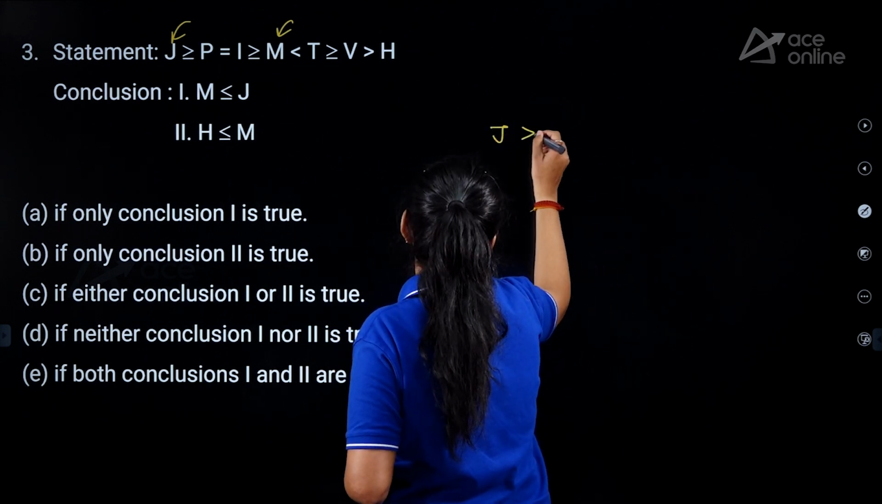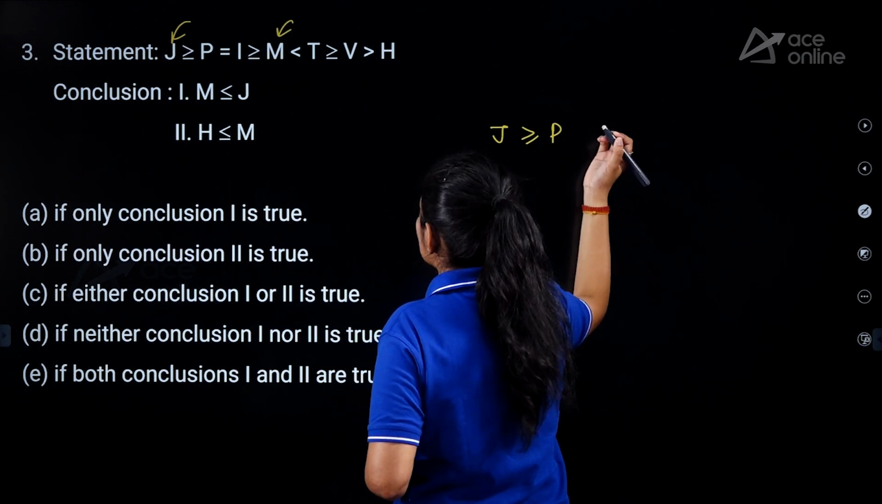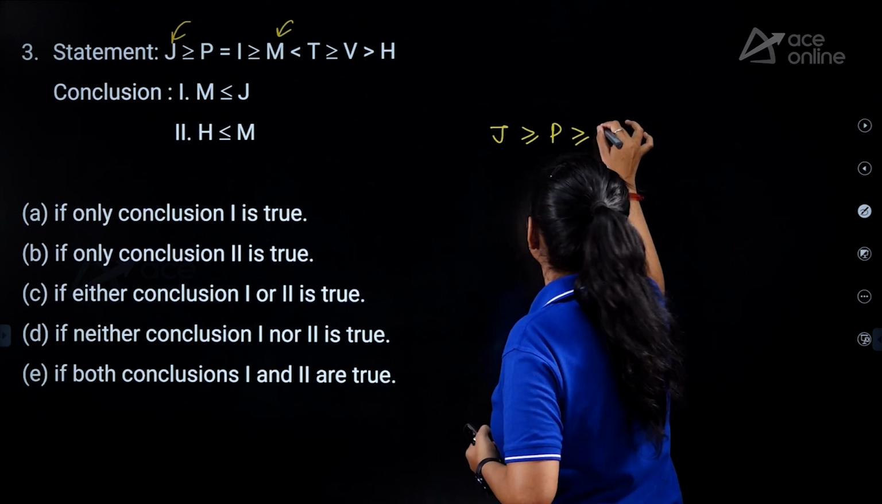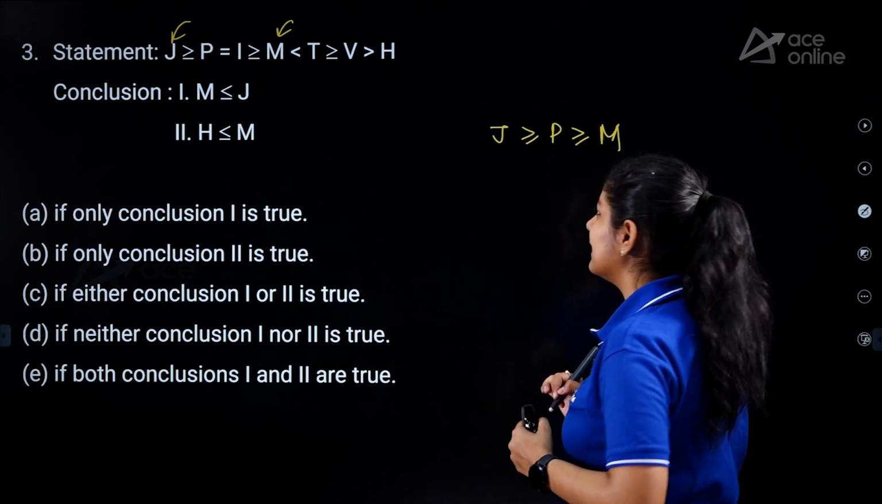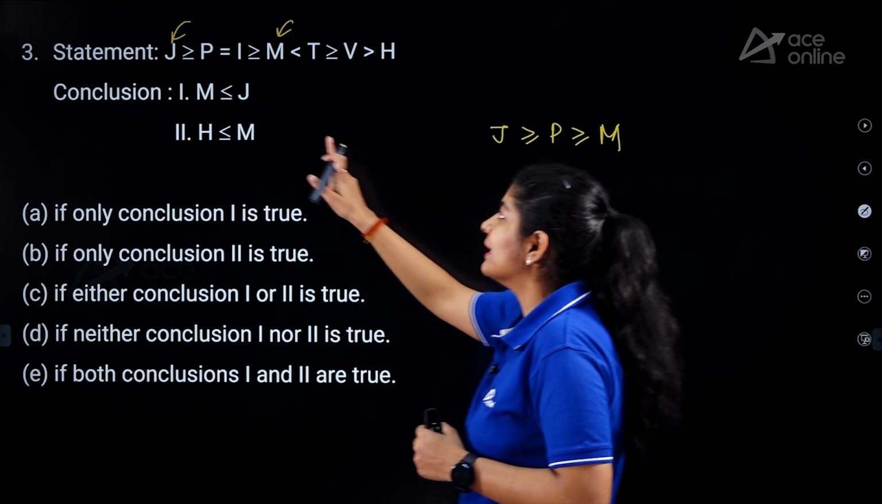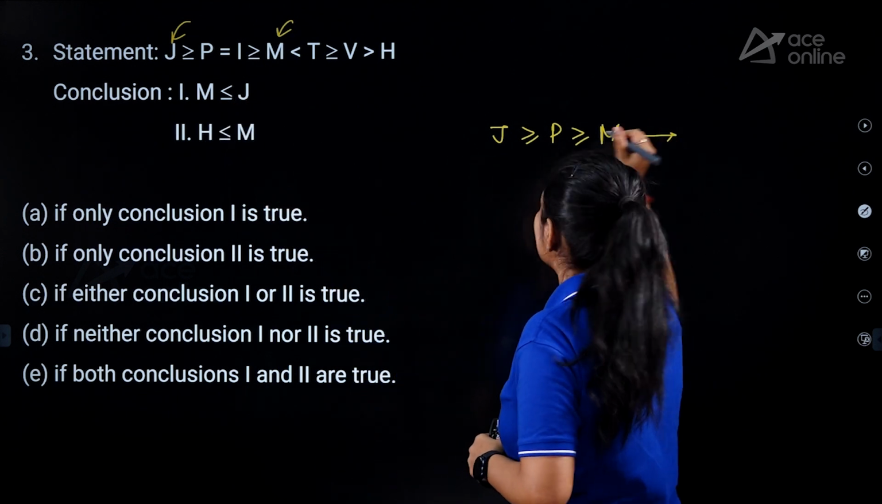So J is equal to or greater than P. P is equal to I, so we can easily skip I. And here it is greater than and equal to M. Now if you see, here we are having both the symbols over here, and in this one as well we are having both the symbols, and because of this only we can consider